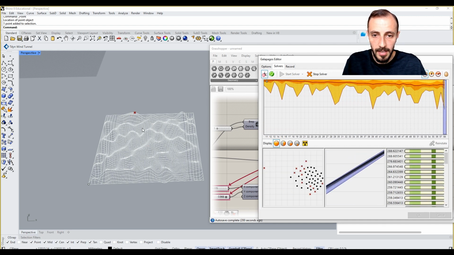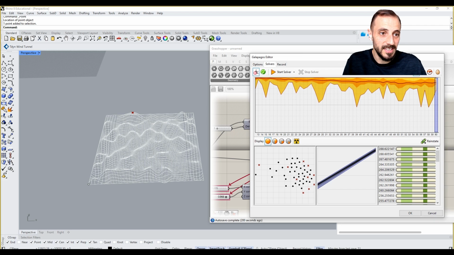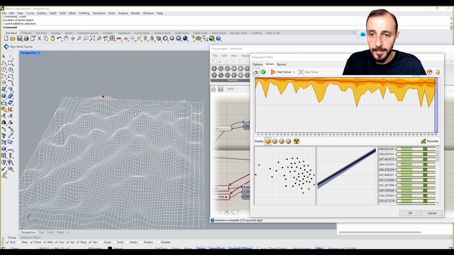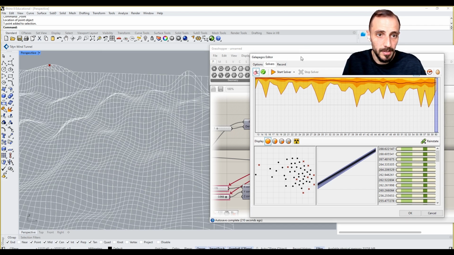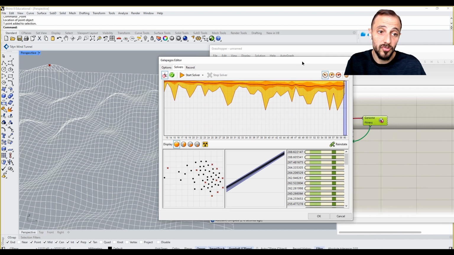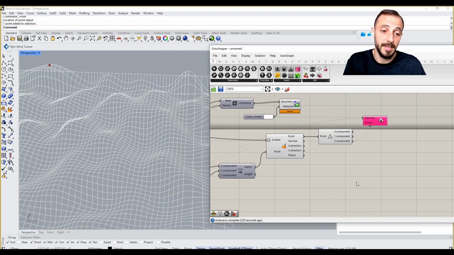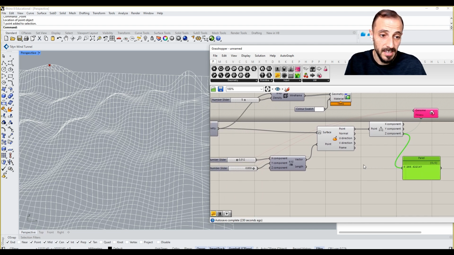So as you see, it's quite fast, and it finds the solution relatively easy here, right? And what was the height of this point? Let's check together. I grab a panel here. Oh, I forgot to put a panel. By the way, when you run Galapagos, you won't be able to put any component inside of the browser. So I got a panel here, and then it says